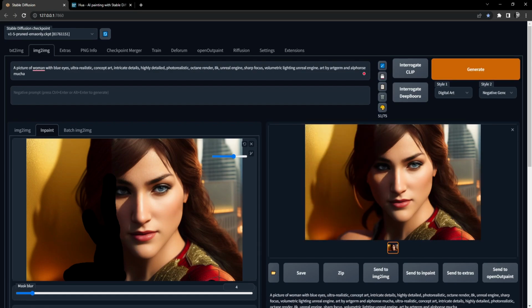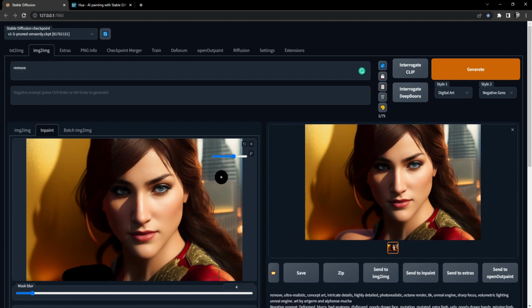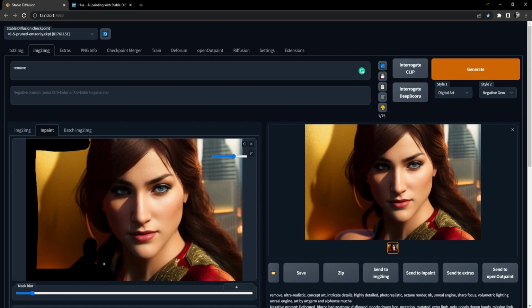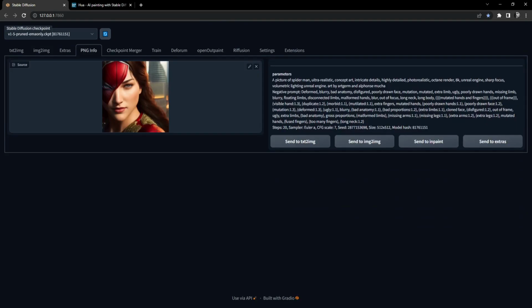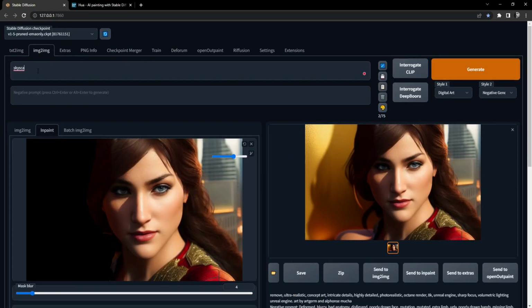So you can see that now it looks much better. We don't have this weird earring. For example, we want to add buildings over here. So we can simply paint all of this. And don't be scared to paint over her. Now we can say skies. How do you spell it? Let's find the original thing. Okay, now without this picture of Spider-Man, because we don't care about Spider-Man over here, but we do want to say